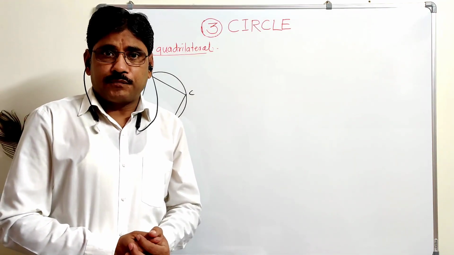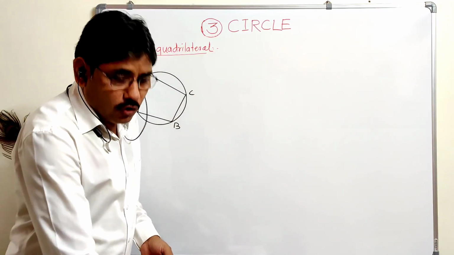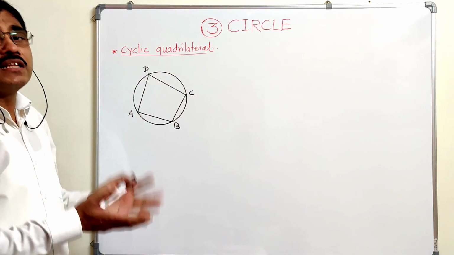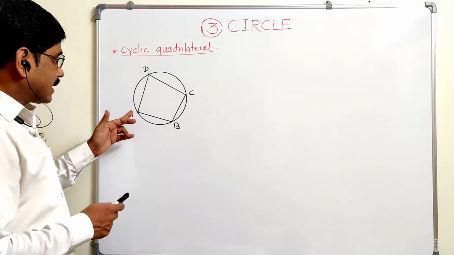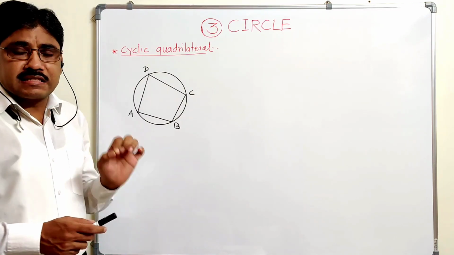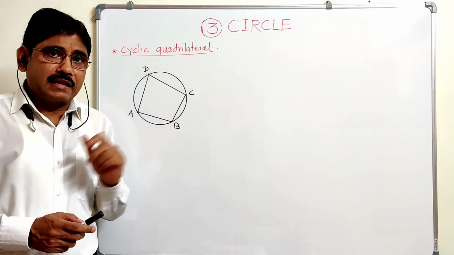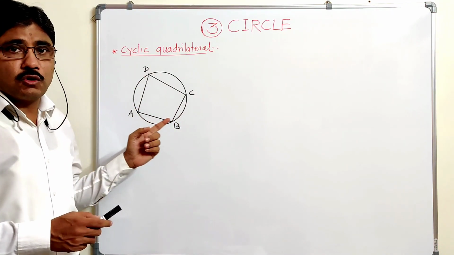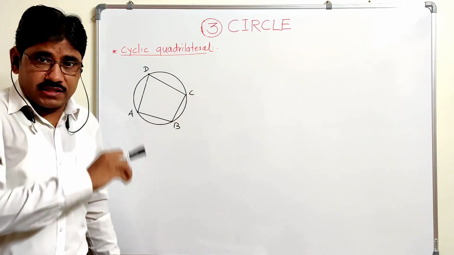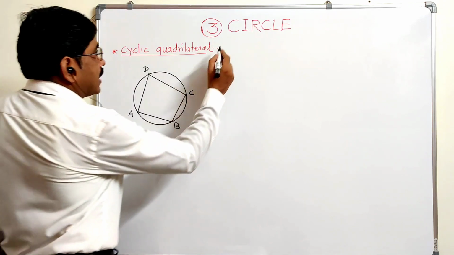Next concept is cyclic quadrilateral. Here, if we observe the figure, quadrilateral ABCD is inscribed in the circle. Means all the four vertices A, B, C, D lie on the circle. Then we can say that the quadrilateral is a cyclic quadrilateral. And those four points, the vertices which lie on the same circle, are called concyclic points. So here we can define this cyclic quadrilateral as if